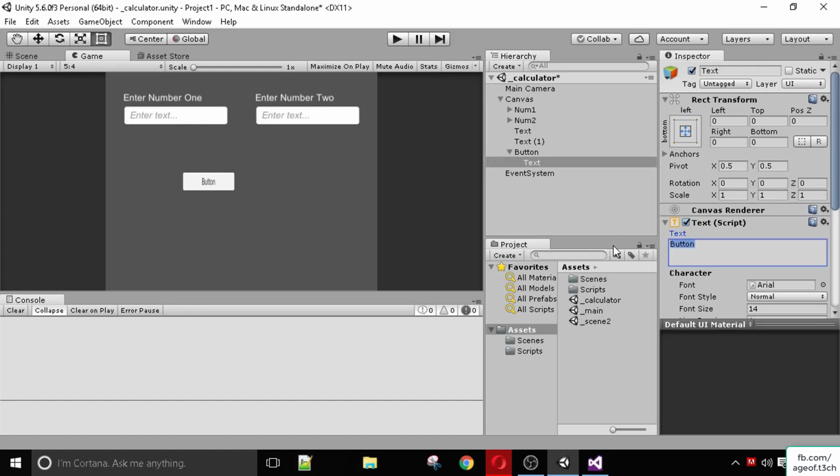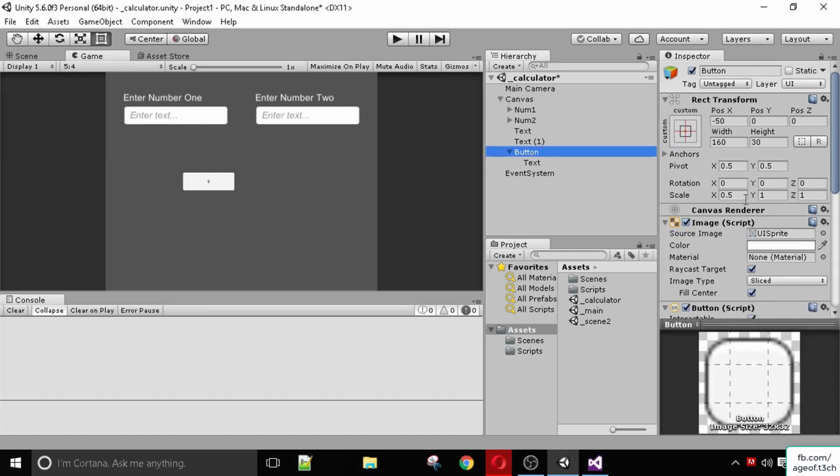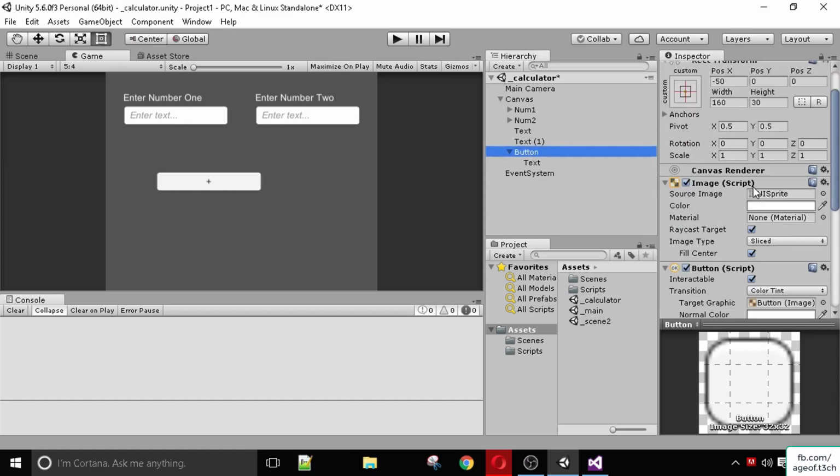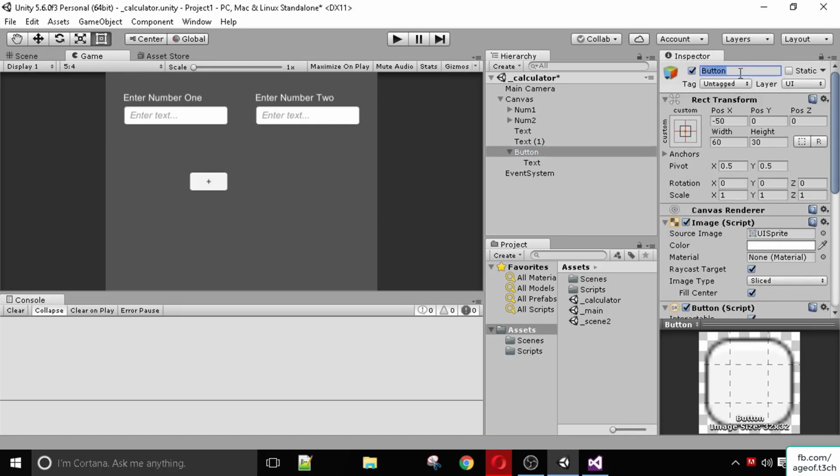I don't want it to say button, I want it to say maybe plus. Okay, let's just change the width of this button to maybe 80. Actually, let's see 60. Okay, 60 is fine. I'll call this button add,